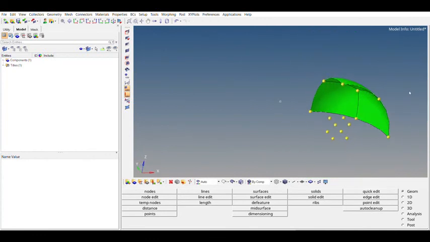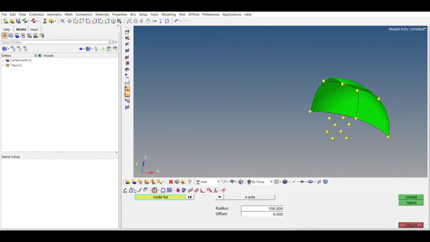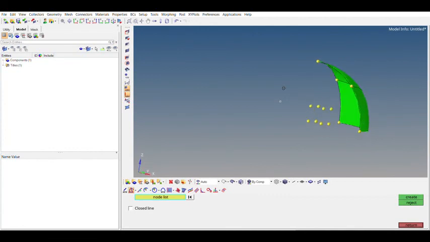Now what we can do is create lines. For creating lines, I'll go to the line section. I'll select the node list. Now I will define lines that will be joining the nodes. To provide the direction, I will let you know how it is going to be provided. So first of all, let's join the basic line. First, the peripheral line.